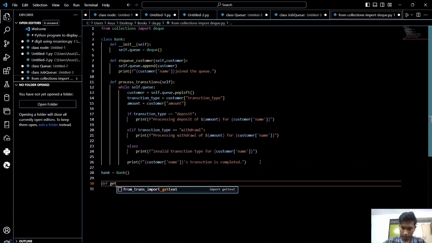That's get customer input. Now we are going to input. Taking a customer input means we are going to give input